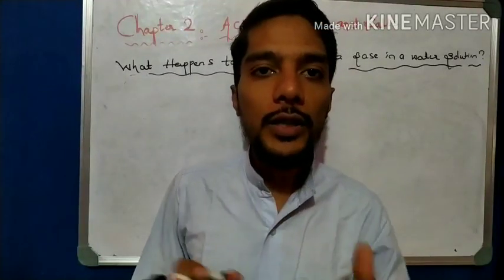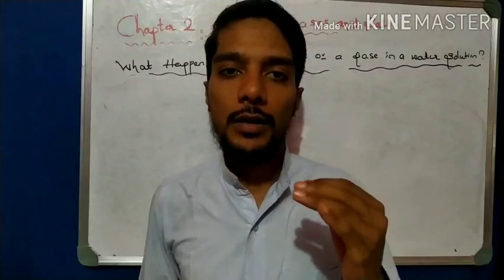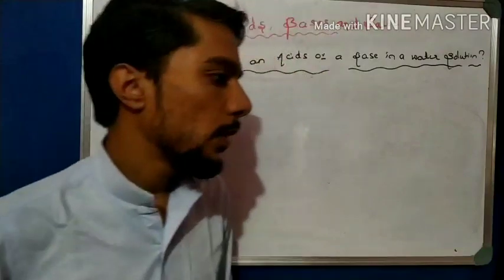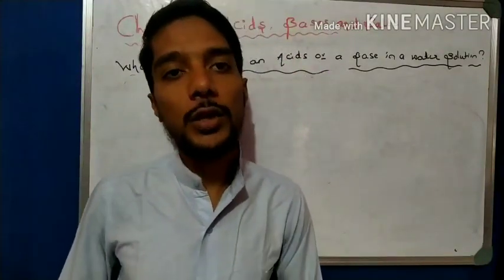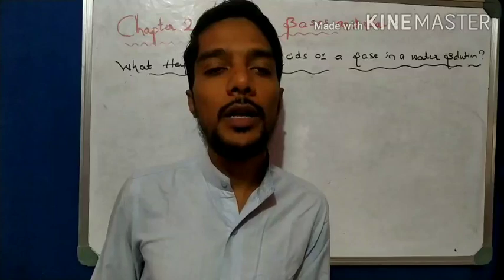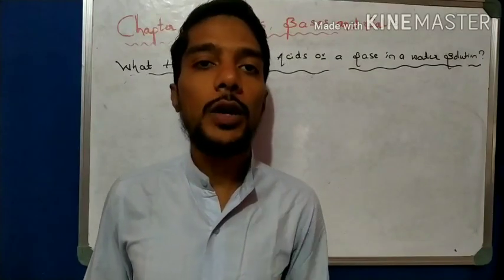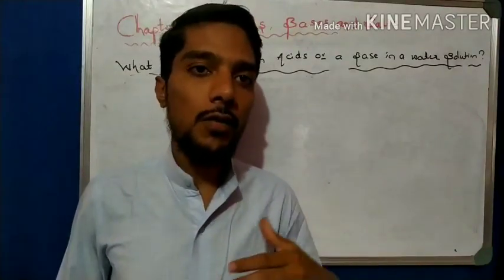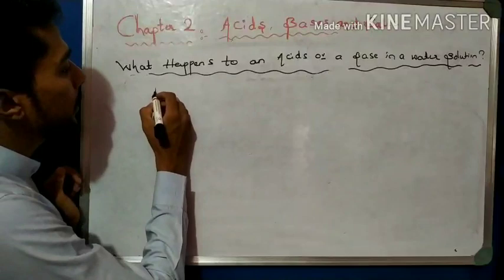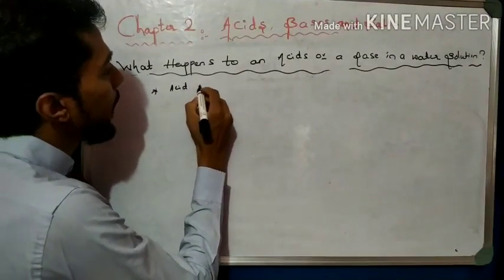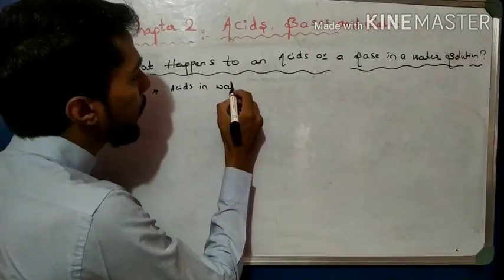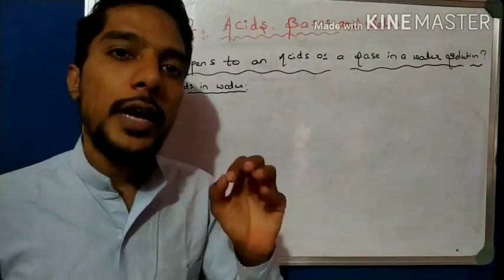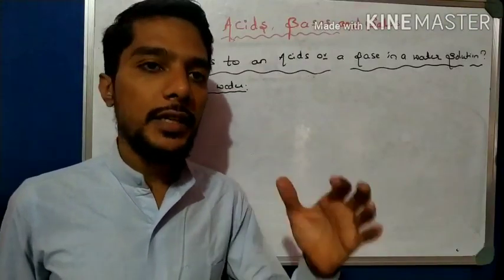Right. Now, after doing this activity and understanding this experiment, that is dry litmus paper and wet litmus paper, and dry HCl gas and HCl solution, why they show acidic property in the presence of water and not in the absence of water, now learn to write a reaction of this activity. So I take number one, that is acids in water. We know that acid in water produces H plus ions and shows the acidic character, right?